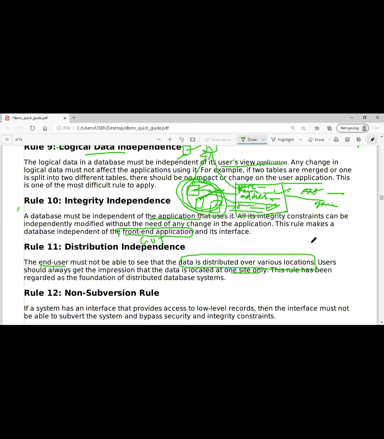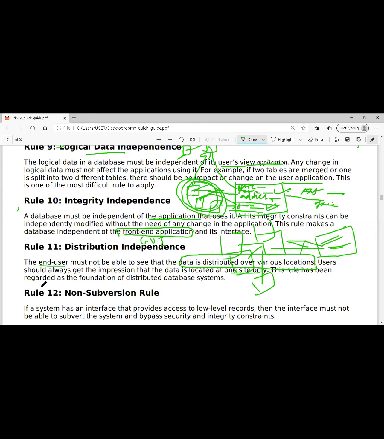As a user, I know that I have to enter, so I am using this application. It is storing somewhere, that only I know. But even if I try to find out more, I should not be able to get any kind of information about what is happening in the backend. It is distributed in different locations, and only the developer who designed this can know that it has been split and shared. But the user doesn't know. He should only know that he is doing this and it is stored somewhere.